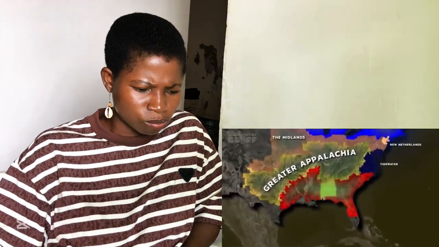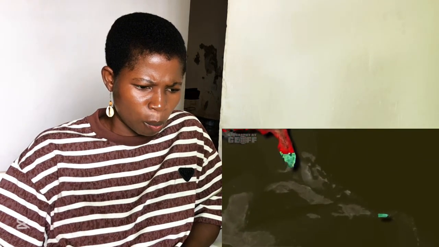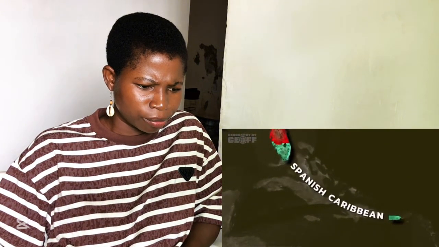West of Tidewater is Greater Appalachia, a broad, rugged band that stretches from the hills of western Pennsylvania down through West Virginia, eastern Kentucky and Tennessee, into Arkansas and parts of Texas. Moving south once more and dominating much of Mississippi, Alabama, Georgia, South Carolina, and parts of Louisiana and Texas is the Deep South. In the far south and consisting of southern Florida, especially Miami, and Puerto Rico, is the Spanish Caribbean nation. Tucked in between the Gulf of Mexico and the Deep South nation is the nation of New France.